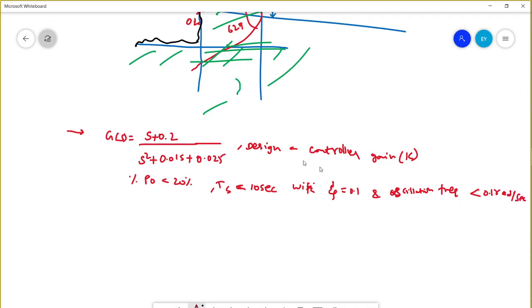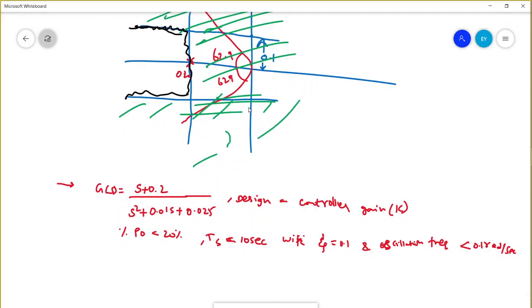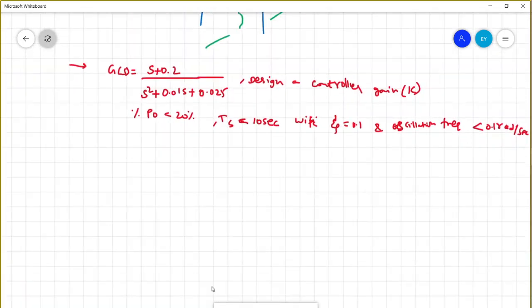All these specifications are with respect to the methodology which we gave earlier. For this example, I just gave the specifications so that it will be easy for me to explain, because it has already been explained in the previous lecture. If they give any example, they can give any kind of overshoot, settling time, zeta, any value. For those values, you have to get the relationship with respect to the pole, and then you can proceed to design the k value.